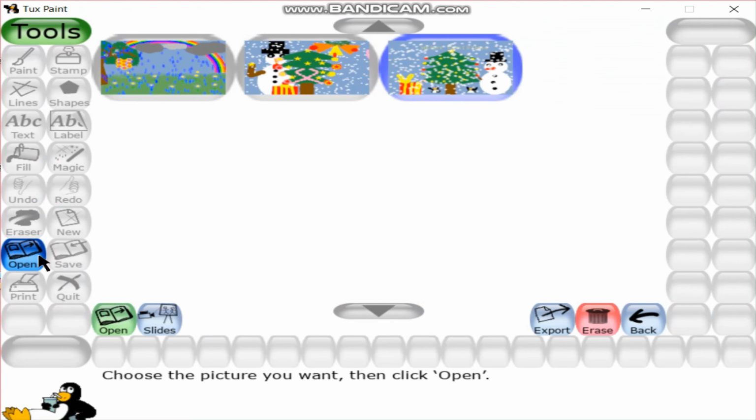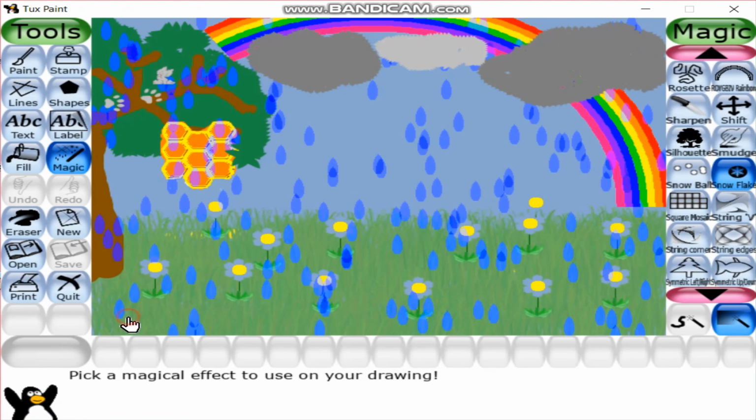Using the open option, you can open and see an existing file. Here, I have a few drawings to show you which I have already drawn.